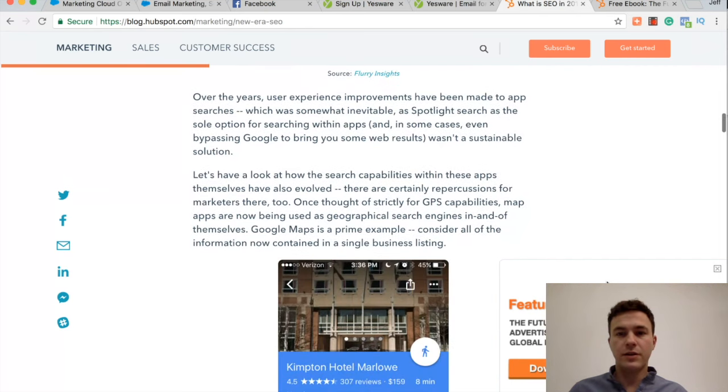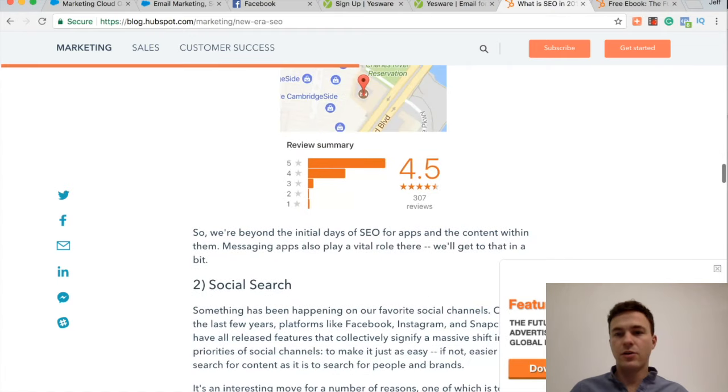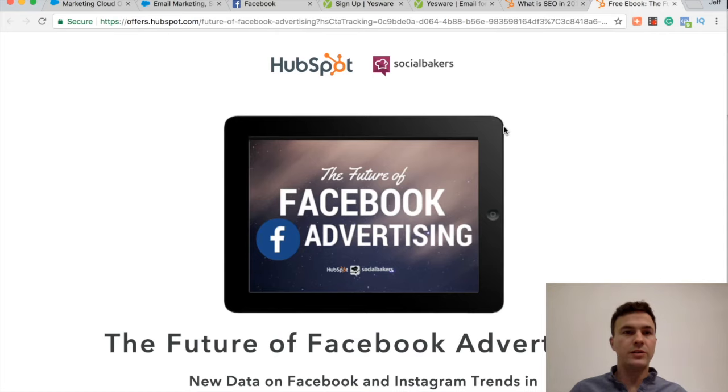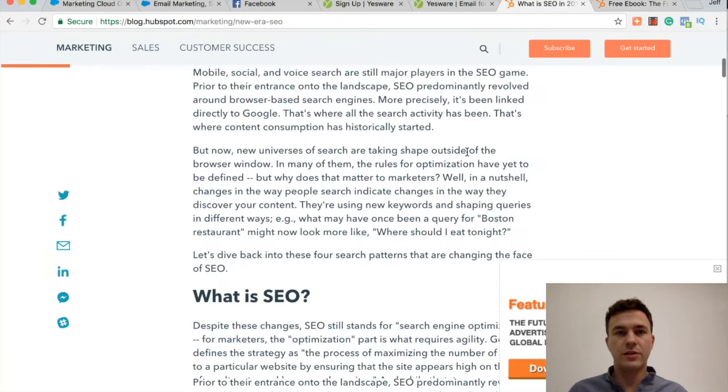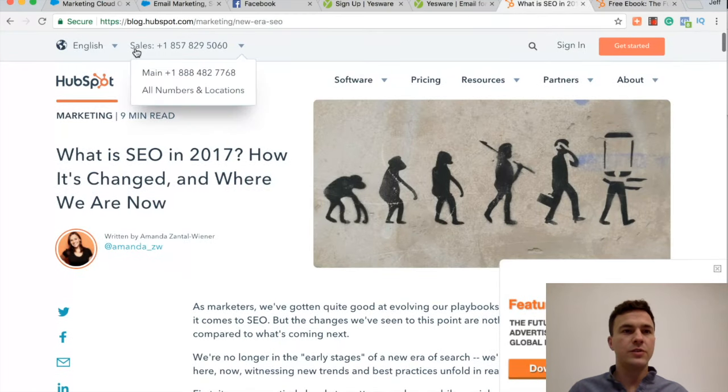So they want to feature this download for Facebook over here. And so if I click on this, basically it's going to open up a landing page for the future of Facebook advertising.